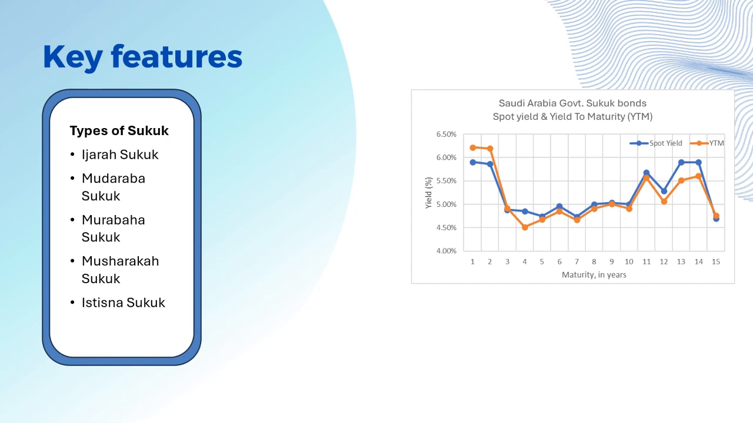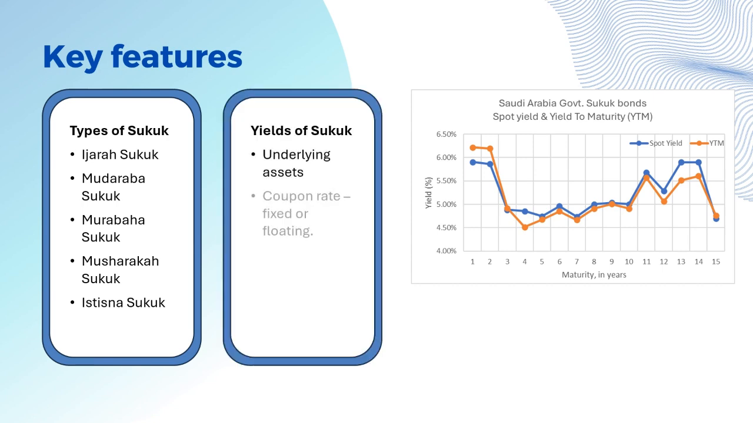it at a higher price, with predetermined costs making the income fixed. Musharaka Sukuk. A joint venture with multiple partners contributing capital and sharing profits. Istisna Sukuk, used for construction or manufacturing financing, where the issuer agrees to produce and deliver a specific asset at